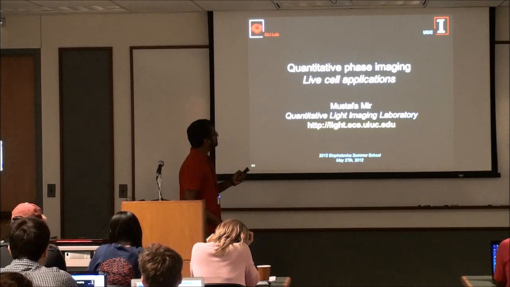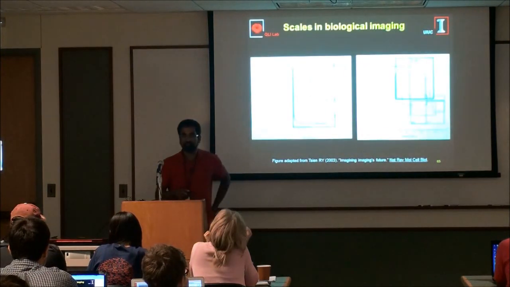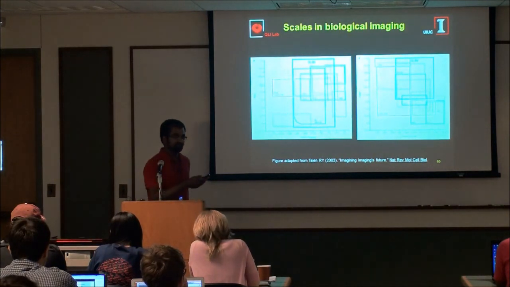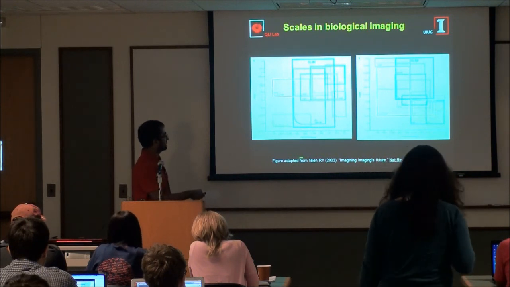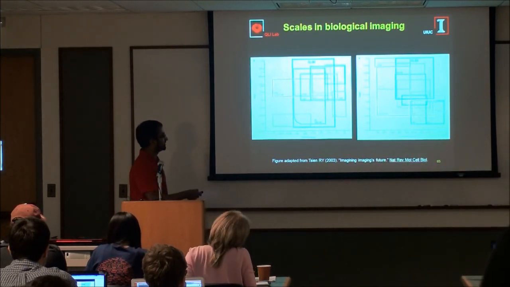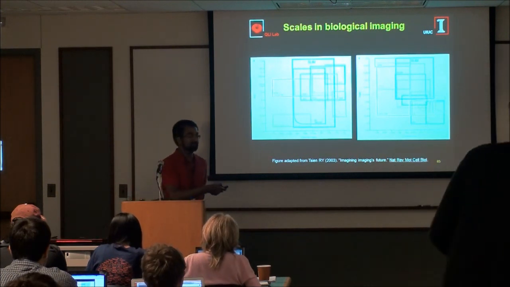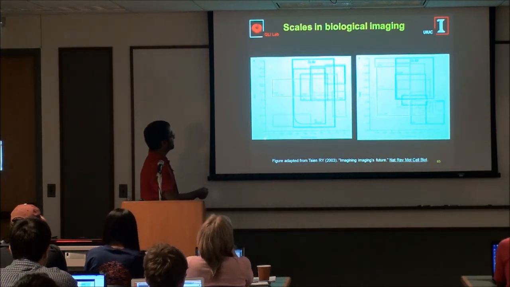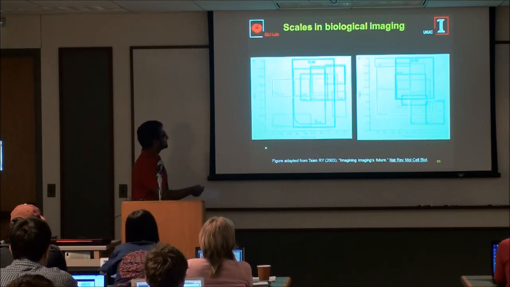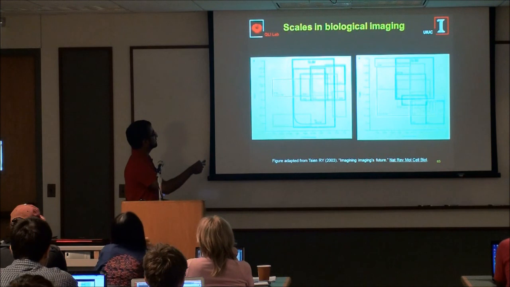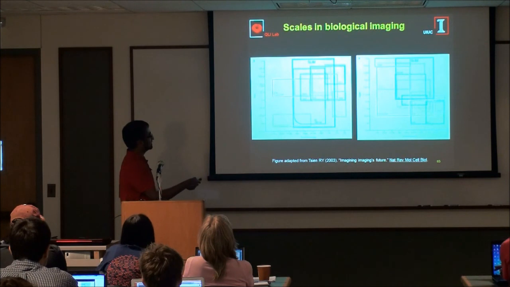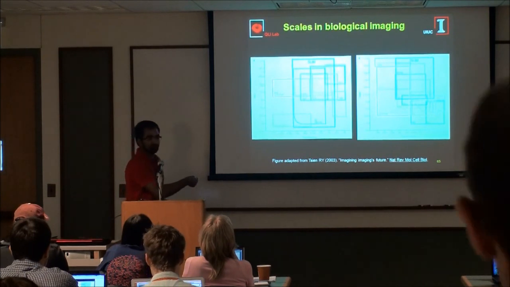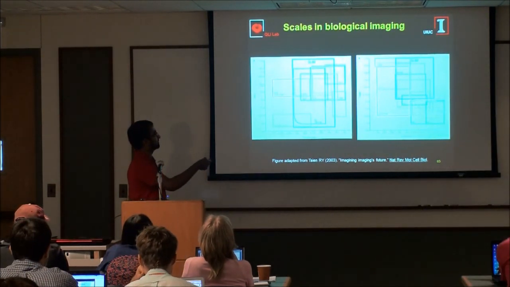Before we get started, I wanted to put in context of other imaging modalities where SLIM lies in terms of temporal and spatial scales. This is a famous picture from a review article by Roger Tsien, the Nobel laureate who won the Nobel Prize for GFP. The way you read this graph is that on the vertical axis, the largest is the duration you can image, the longest experiment you can do, and the smallest is the smallest time between two events that you can measure. So with SLIM we can measure from a millisecond up to several weeks, as Gabby already mentioned,